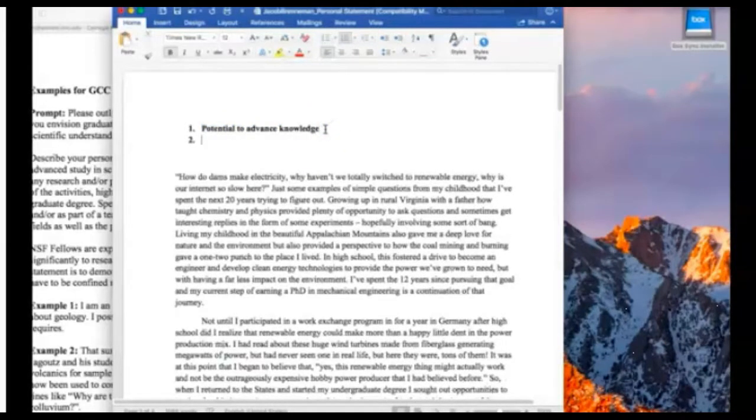And then secondly, they are looking for the broad societal... Okay, so these are the 2 things that we want to keep in mind as we write our statement of